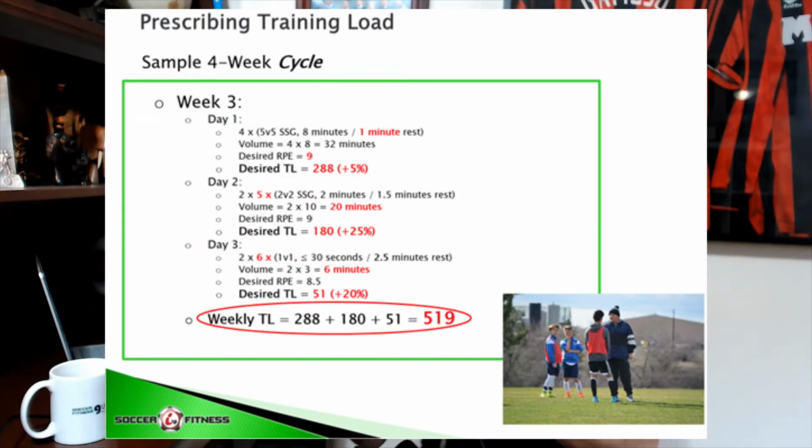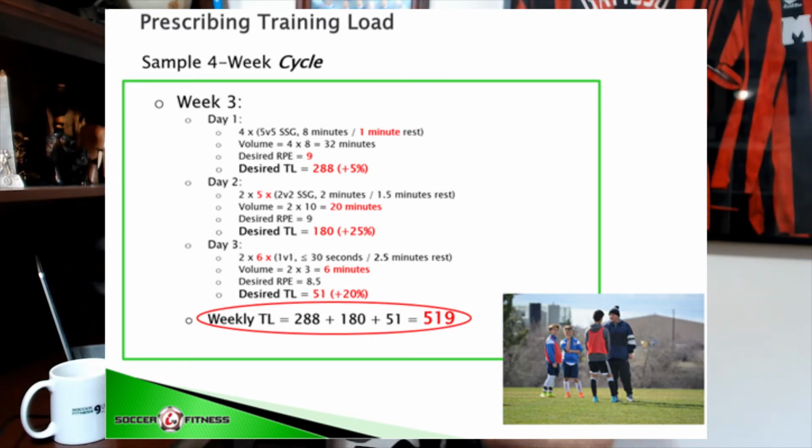So let's have a look at week 3, where once again we've increased training load from what it was in the previous week. Only this time we've done so with a combination of increasing intensity and increasing volume. In day 1 in week 3, we increased intensity much the same way that it was done previously, by decreasing the time of the rest interval once again in order to try to achieve a higher RPE. In days 2 and 3, however, we've increased training load by increasing volume, or the number of repetitions of each